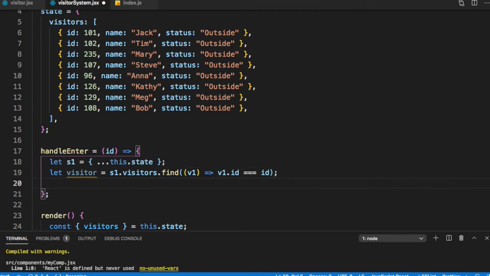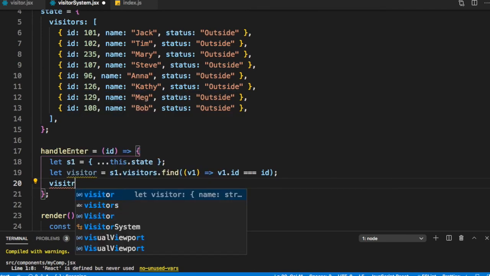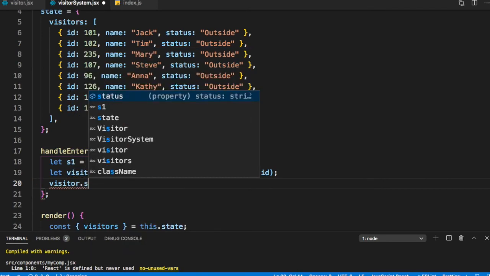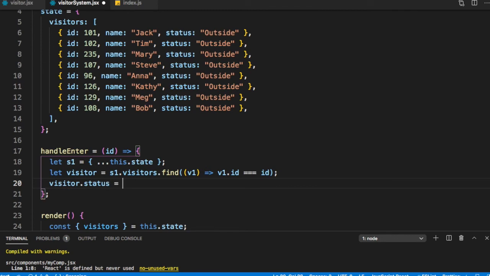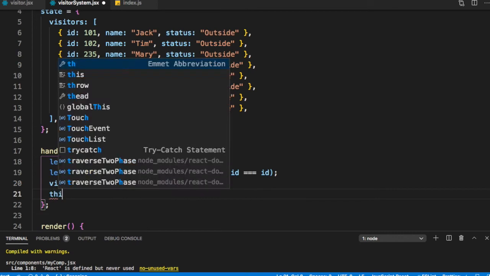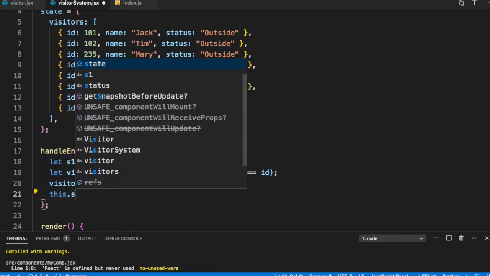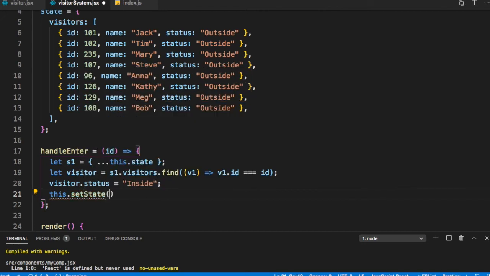Once we have found the visitor, I can just say visitor.status is equal to inside, and we can update the state. So this.setState(s1). Similarly, we can do a handleExit.